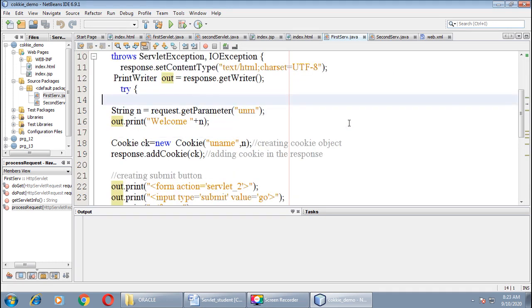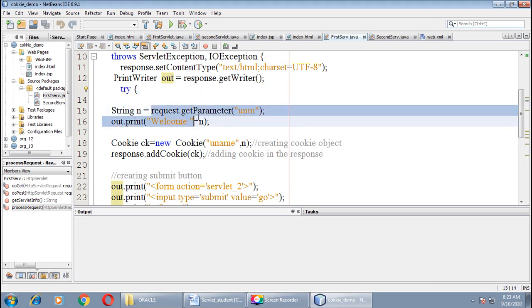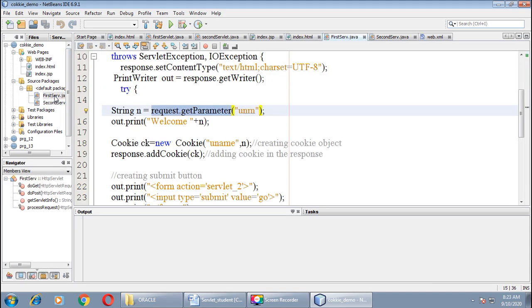Now your risky code, we will cover all the risky code in the try block. Okay. Now String n, define one object of type String. We'll get the parameter, request.getParameter("unm"). unm is available in index.html. Here you can see unm, right? If you want to get the value of a text box in your servlet, then you have to use the request.getParameter method to get the value of this parameter, right?